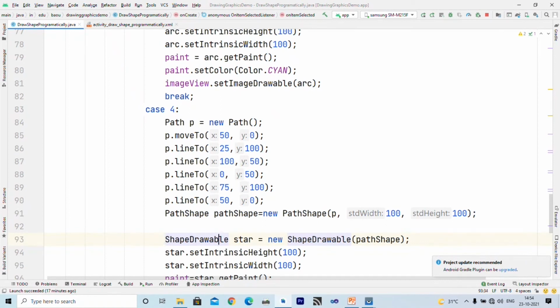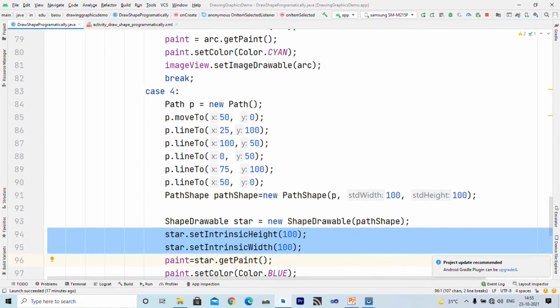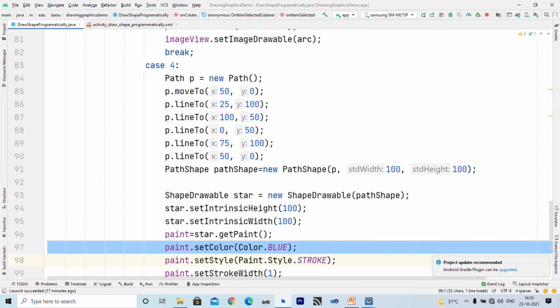After that you can create a ShapeDrawable, and inside ShapeDrawable you can specify the PathShape that actually draws the path, and this is again the width and height of our ShapeDrawable, and the color is blue.